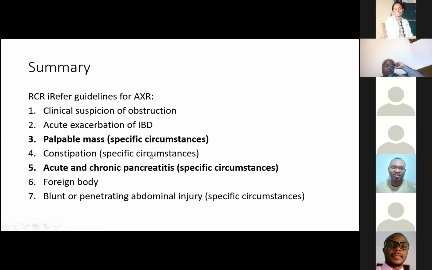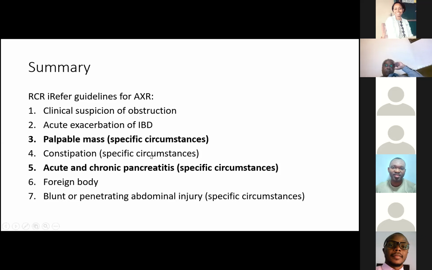such patients. I think in those kind of cases, there is an argument for thinking that maybe a plain film might be appropriate, especially when you're not really going to consider doing something else immediately. But in all other instances where you're suspecting bowel obstruction, if you have access to it, patient comes in, you assess the patient clinically, the next exam should be a CT scan and not a plain film,